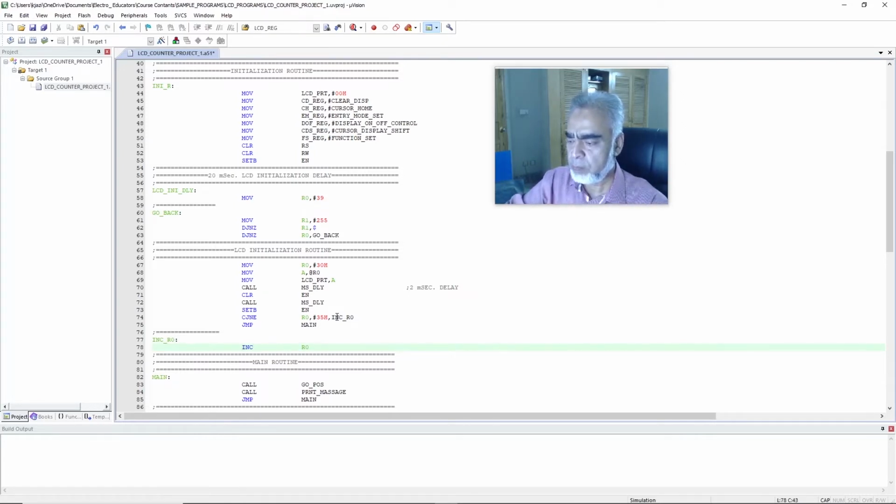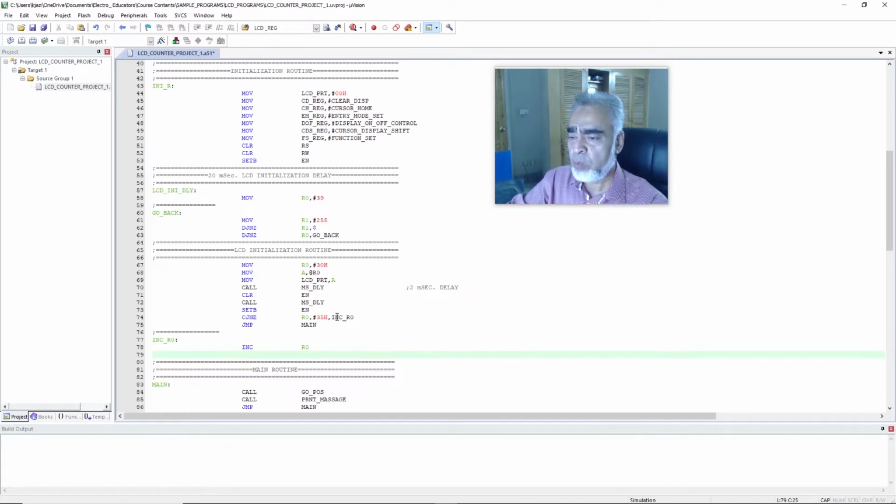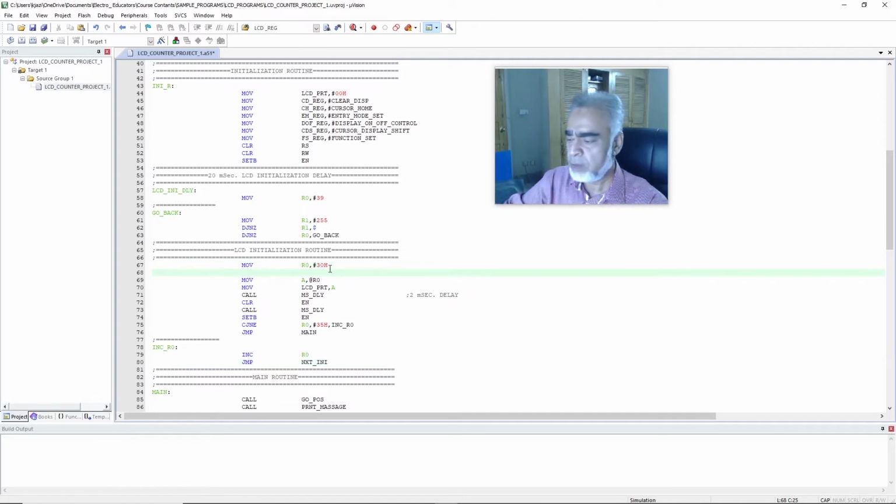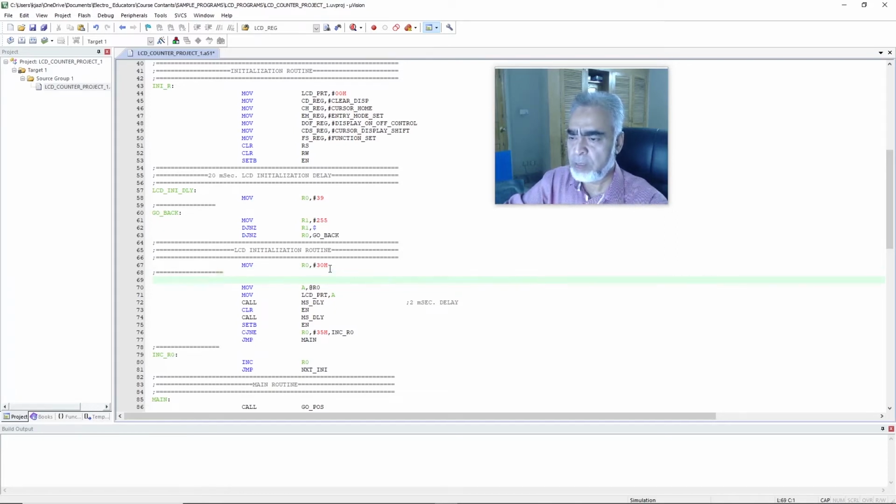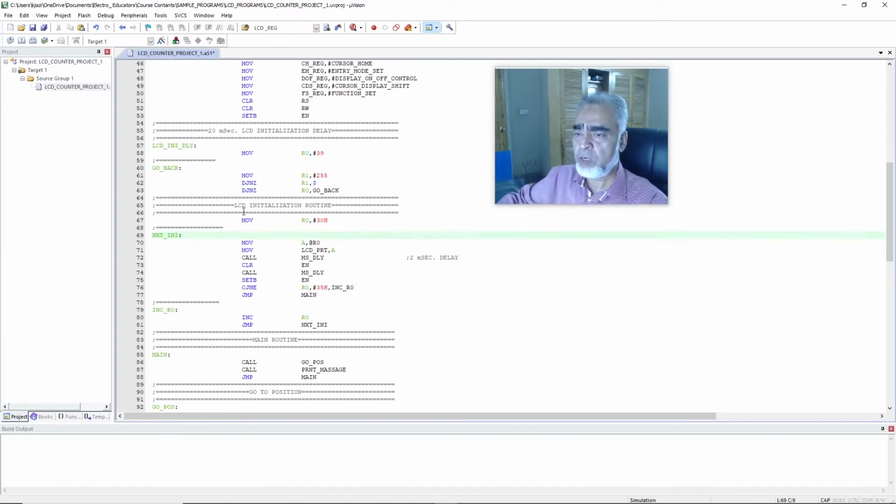R0, and after incrementing the value of R0, our program will jump back to move the next initialization command to the LCD port. So here we will write: JMP NXT_INI, and here we will write NXT_INI using a colon. So here we have modified our LCD initialization routine by using the instruction that is